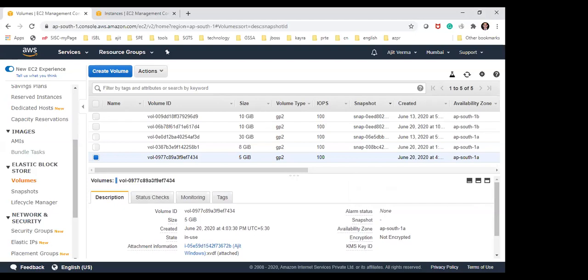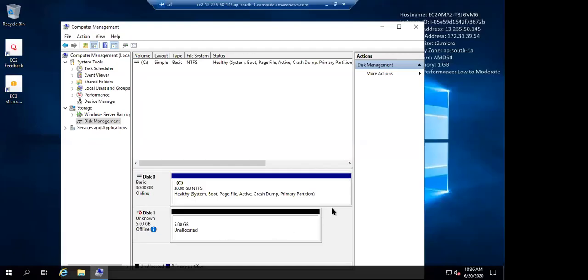I'll share the Windows server screen now. Yes, Ajit, please. I can see that it has come there, 5 GB. Yeah, exactly. Now you guys see that it has come in here. Thanks, Ajit. So we are in US time. The server is in US time, 10:36 a.m.